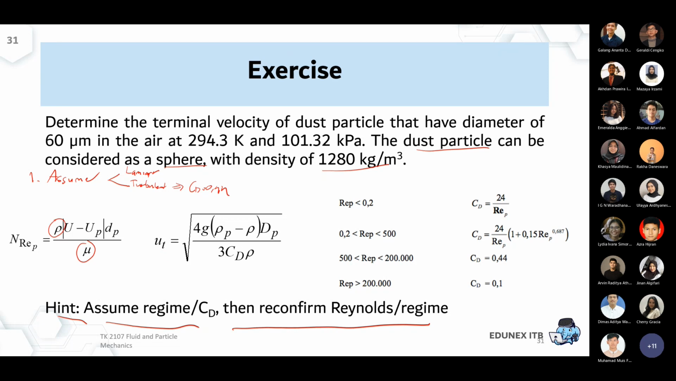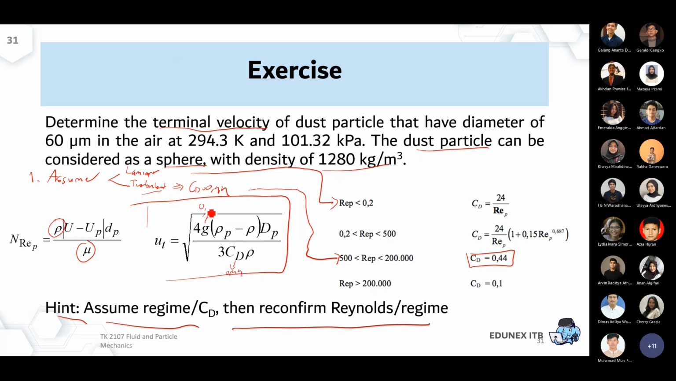For the final question, we need to calculate the terminal velocity. Check this correlation again. If you want to assume a turbulent regime, then you simply go to this line. If you want to assume a laminar regime, then you go to this line. If you assume a turbulent regime, you can put CD to be 0.44, and that can be substituted